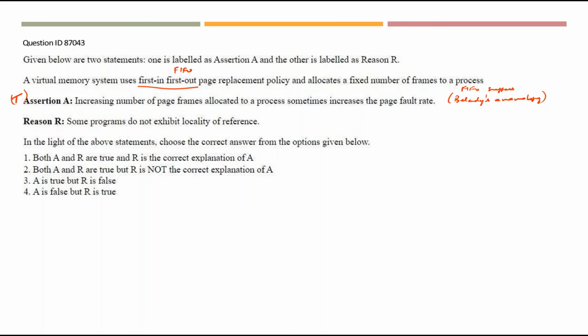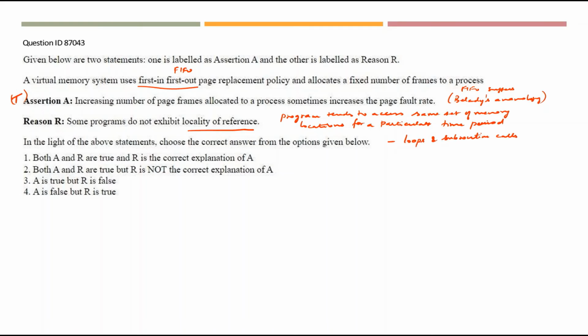The reason, some programs do not exhibit locality of reference. What is locality of reference? It is a phenomenon in which a program tends to access the same set of memory locations for a particular time period. So this property is generally shown by loops and subroutine calls. Some programs do not exhibit locality of reference is also true, but there is no connection between FIFO replacement and